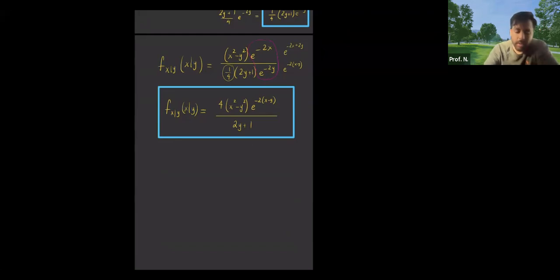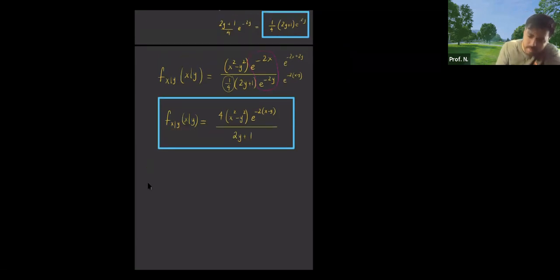Okay, so then after this step, the rest of that problem is the same idea. For y given x, it's the same idea: you find the marginal density of X, and then you divide by that. But the difference is for part B, you have to do one more extra step. For part B, you have to integrate your density function.